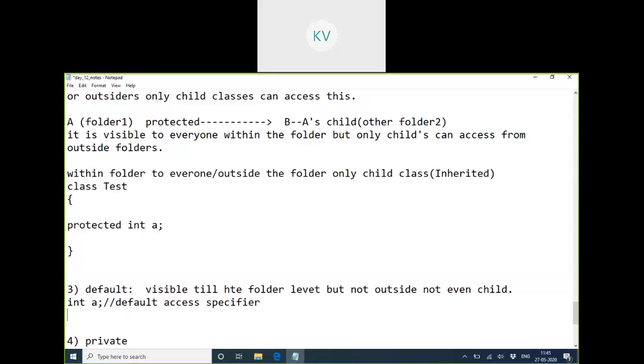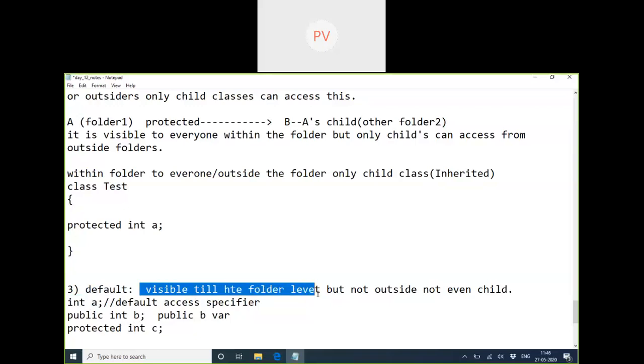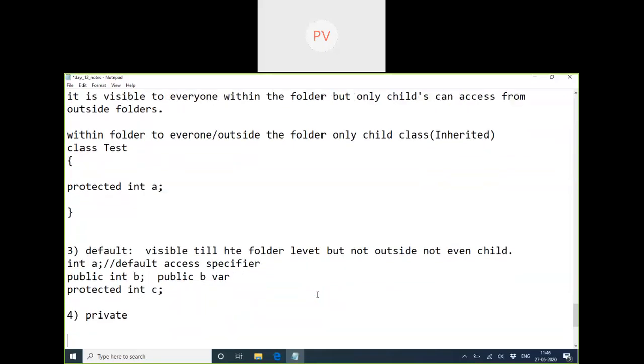If I say public, it's a public access specifier. And again, we have to mention that this is protected. That means everything has a keyword except for which one? The default. When you don't mention anything, it automatically takes default. It means only visible to the folder, not outside at all. No other can access this from outside the folder. So is it reduced further? Yes. And the last is